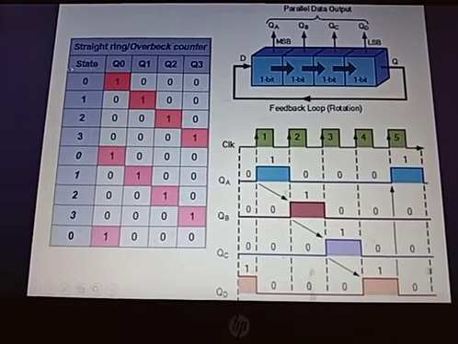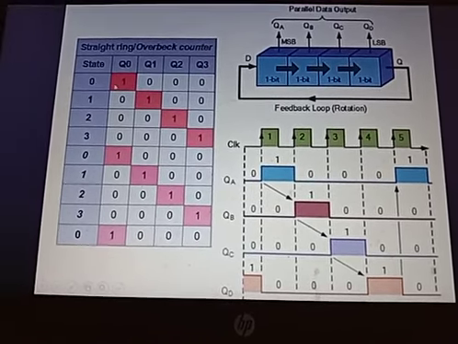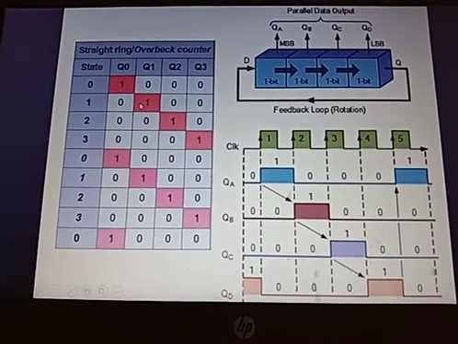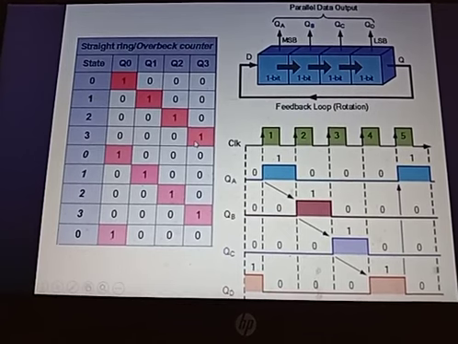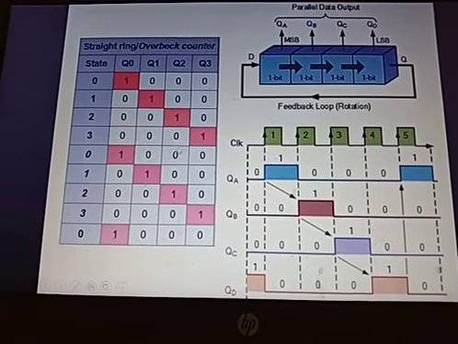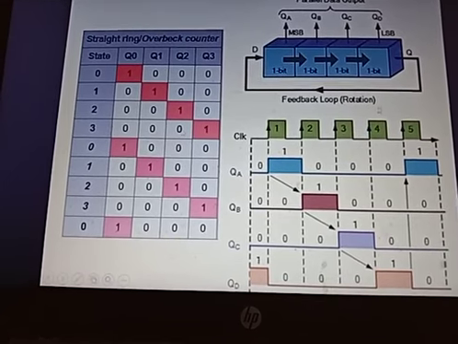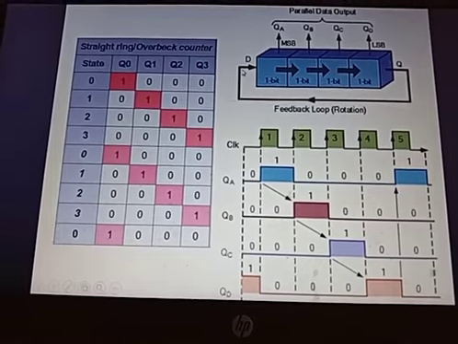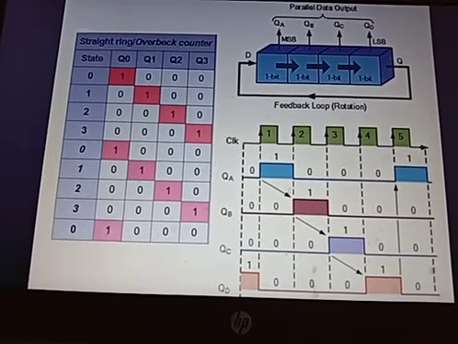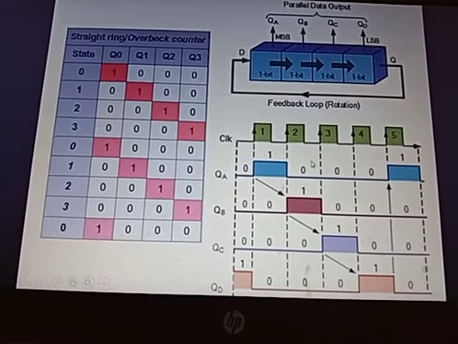You can also look at this tabular column which will be more clear. See, for the 0th clock pulse, first flip flop will be active. First clock pulse, second flip flop. Second clock pulse, third flip flop. Third clock pulse, fourth flip flop. And for the fourth clock pulse, again the first flip flop will be active because the output is fed as input for the first flip flop. That's why, since it is fed back and it is going in a rotating manner, we are calling this a ring counter.